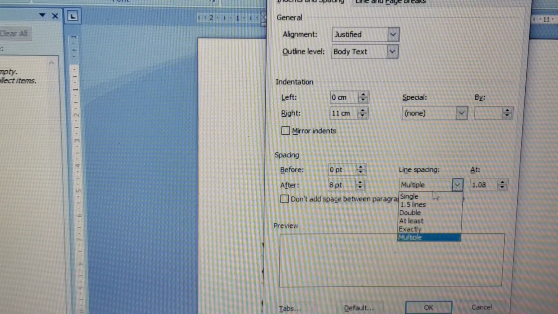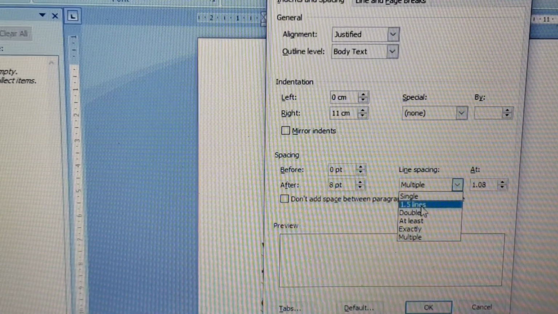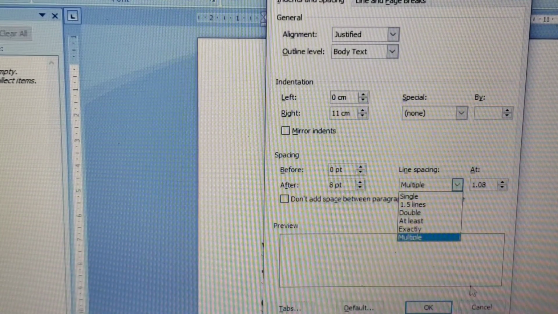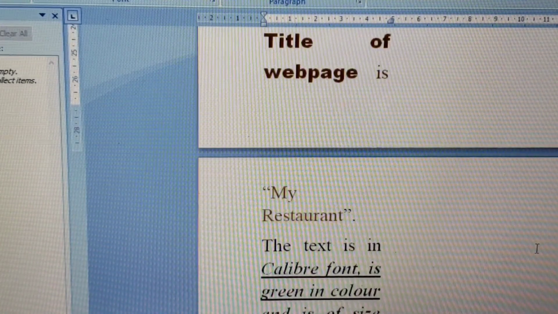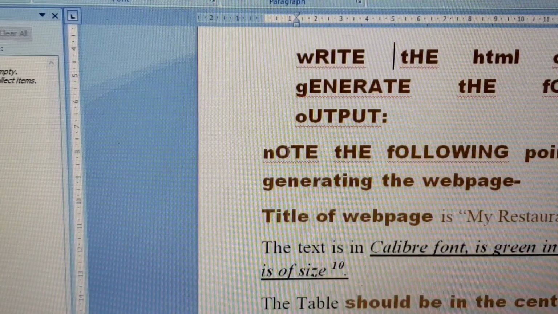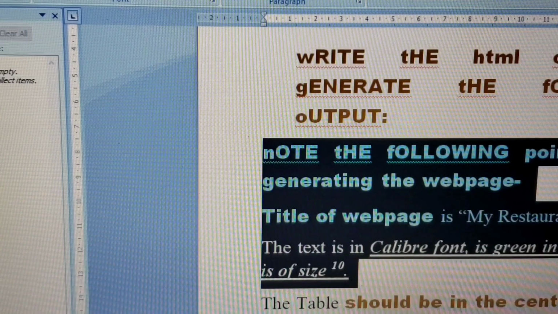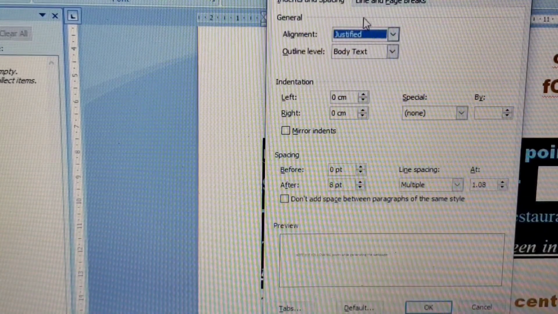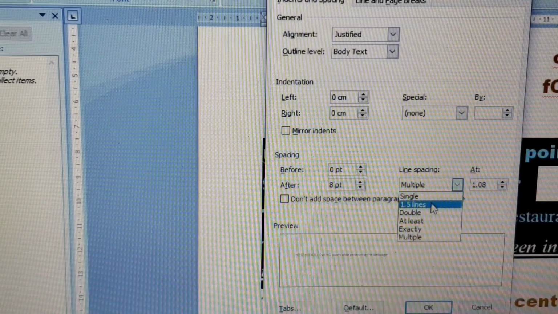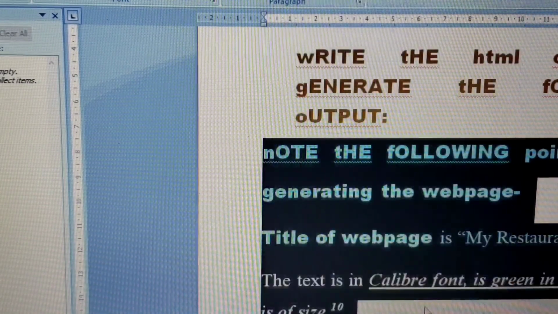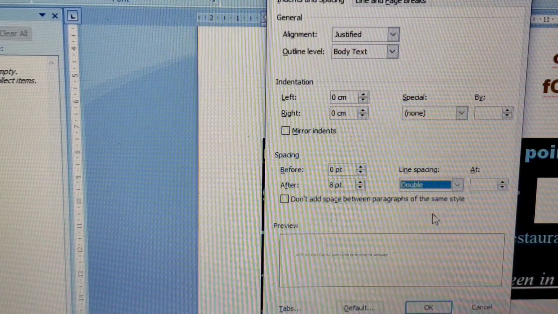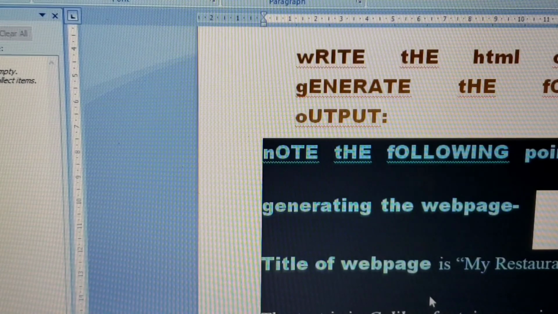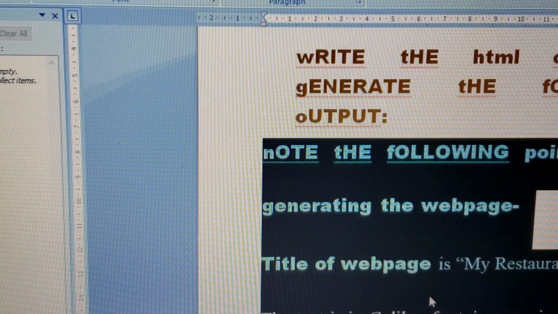Here you can see the line spacing. Could you see this? Single, 1.5, double, at least, exactly, multiple. First you need to select where you want to apply it. Just select the text and then again come to this paragraph, and here you have line spacing 1.5. Okay, see it is changed. If you choose double, again it is going to change. So according to your own convenience you can choose. Five types of line spacing are given, that you can choose according to your own need.